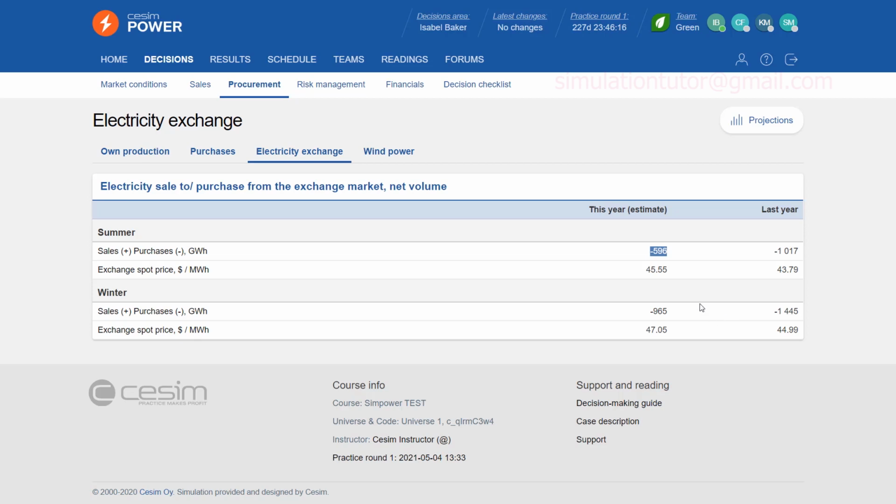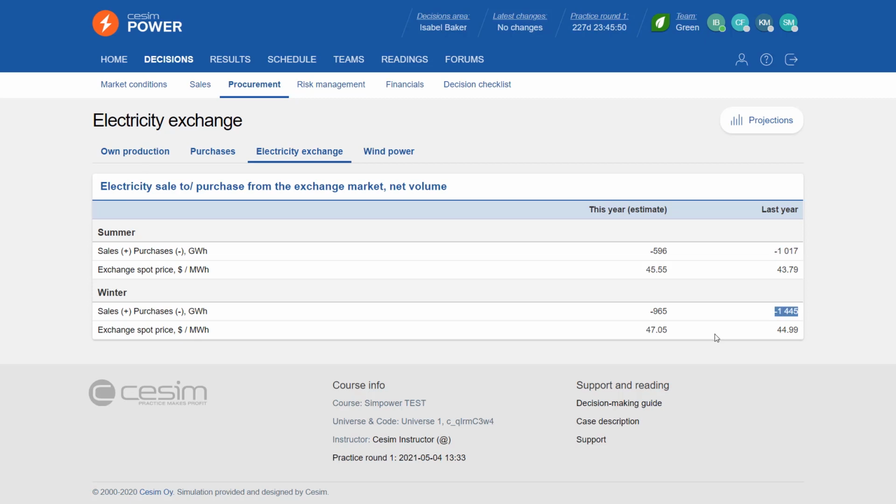In this case, taking into consideration our sales estimations, our physical position, and our contract purchases, we would actually be buying this difference from the spot market. Last year we bought more than 1 terawatt hour of electricity during the summer